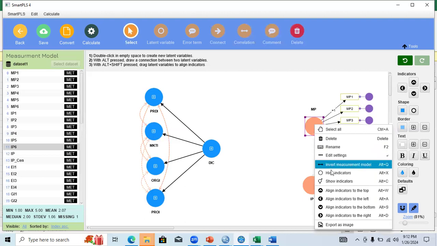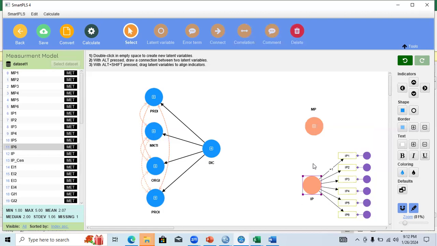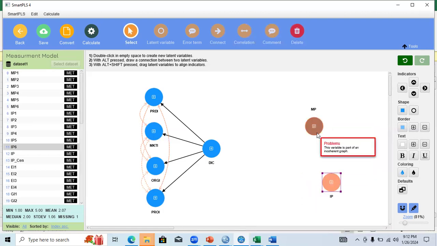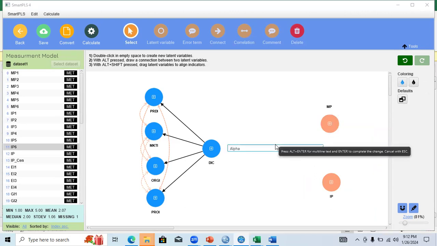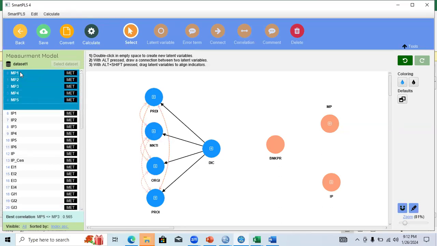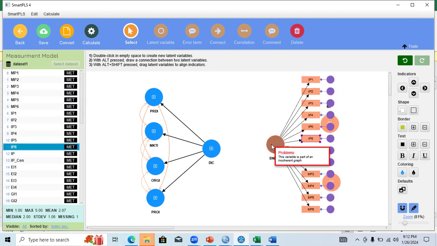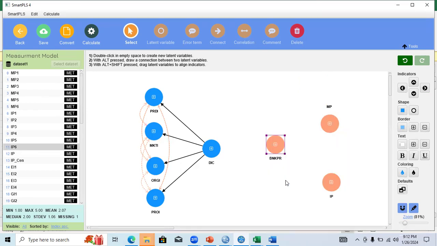I can hide the indicators like this. Just like this. And I can create here their second order construct, which is bank performance. And I can put here the indicators in the same way as I have done previously, just like this.